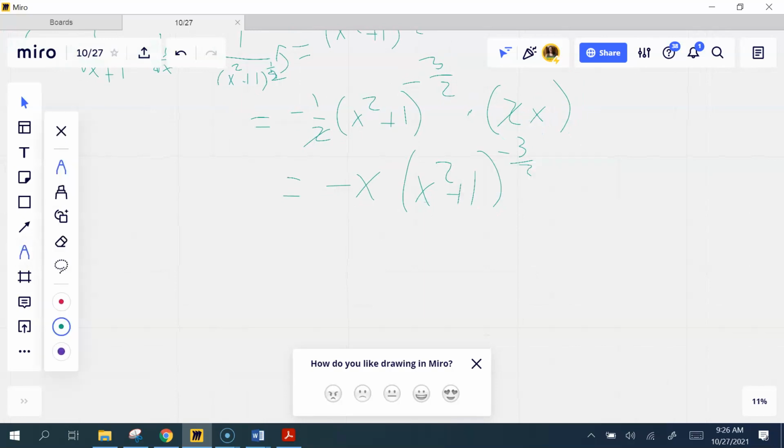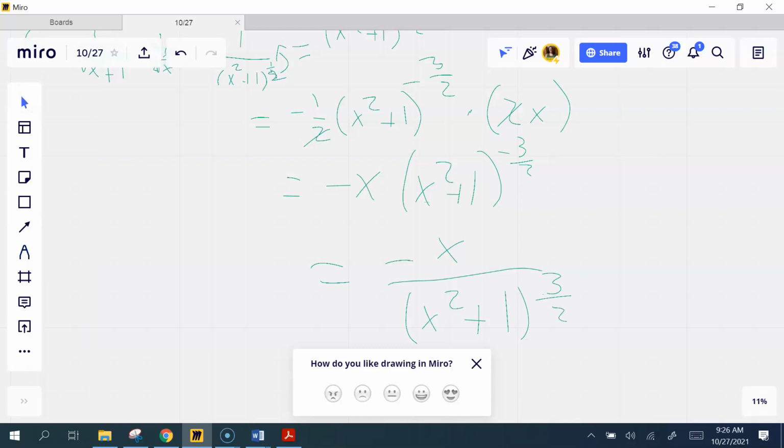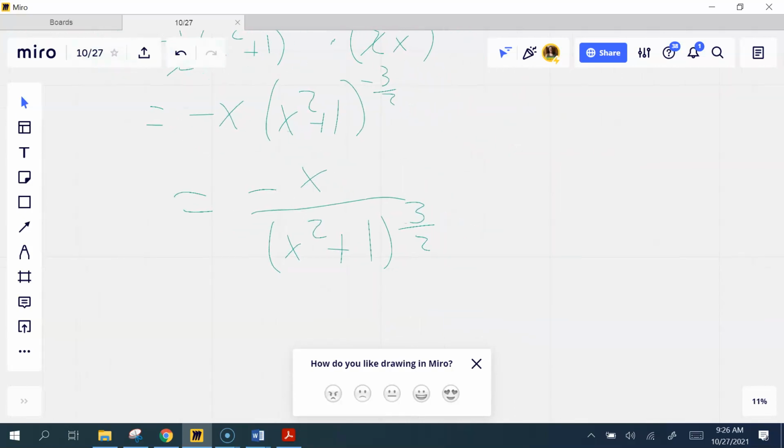Anytime you move anything to the top, now we're going to move it back to the bottom to get rid of the negative. And then it's 3 over 2. Thank you. And then properties of rational exponents. Since all the answers are in radicals, we have to put this back